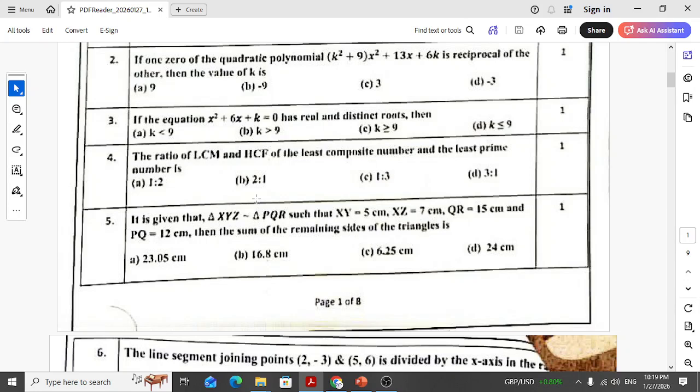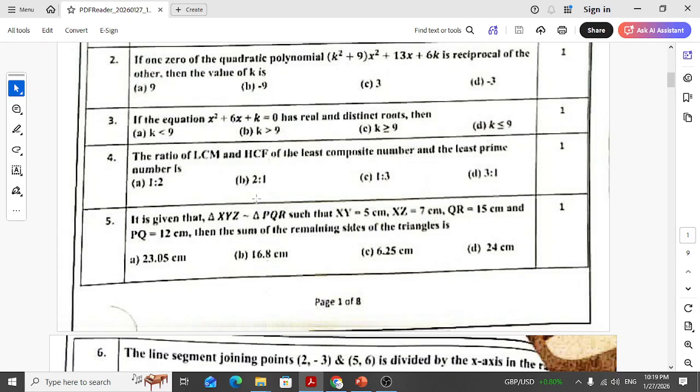So if I substitute, what is C by A? C is 6k, A is k square plus 9. So 6k divided by k square plus 9 is equal to 1. Or we can say k square plus 9 minus 6k is equal to 0. Let me do it once again. k square plus 9 is equal to 6k. Let us do this. We take 6k to this side, it becomes minus 6k, then plus 9